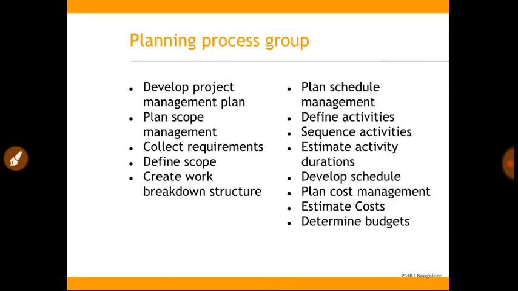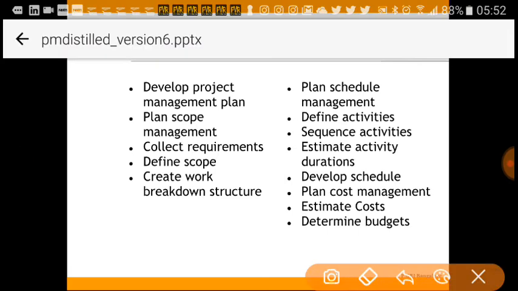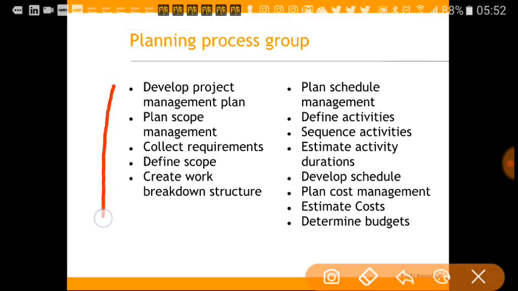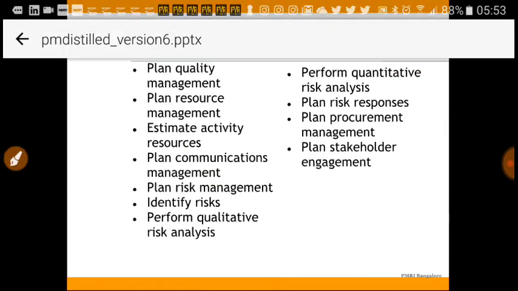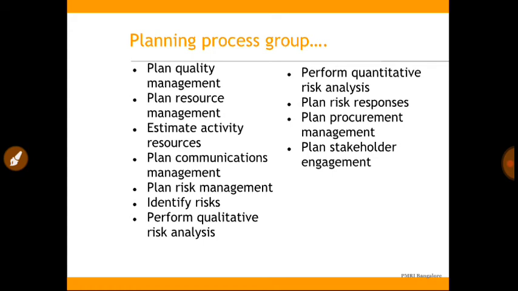Then comes the planning process group, where we have develop project management plan, plan scope management, collect requirements, define scope, create work breakdown structure, plan schedule management, define activities, sequence activities, estimate activity durations, develop schedule, plan cost management, estimate costs, determine budgets, plan quality management,